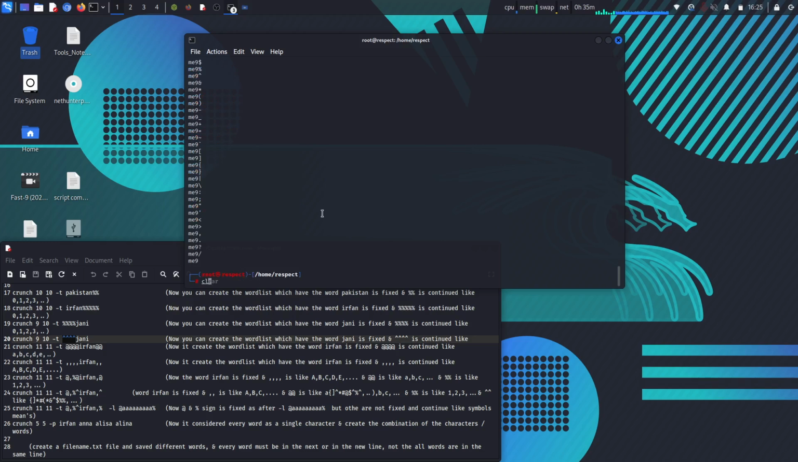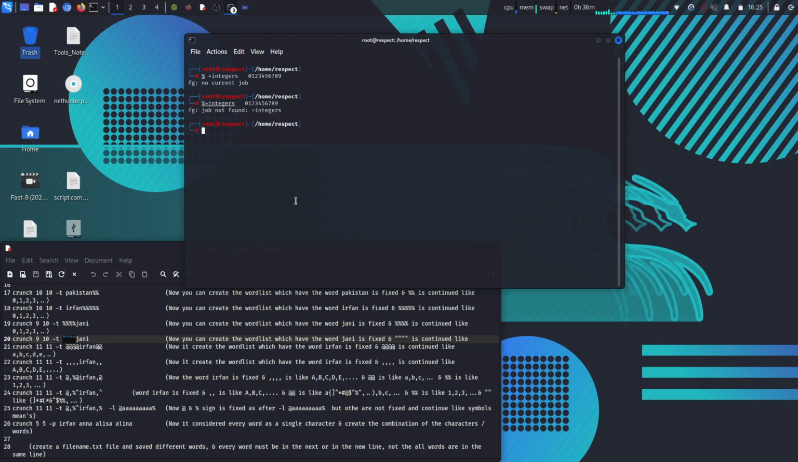All right, so let me clear the terminal. Now this sign means integer, and if you type this sign, let me type it again, if you type this sign, then this sign actually means